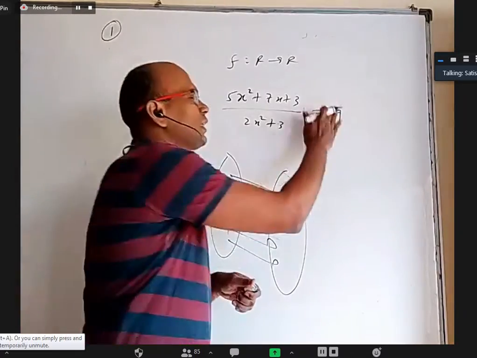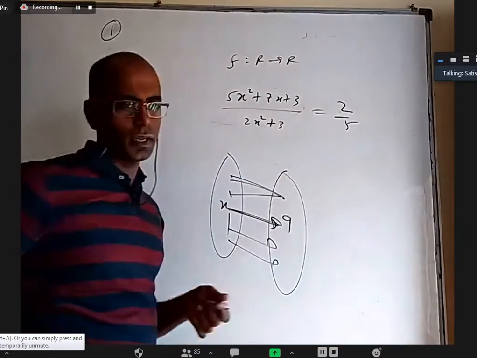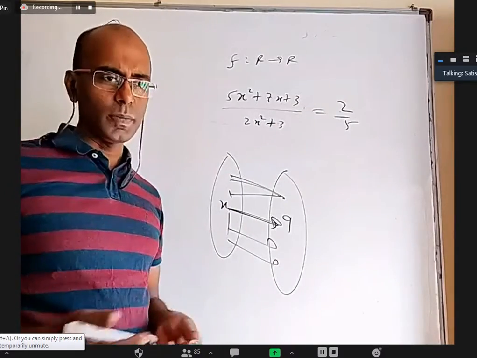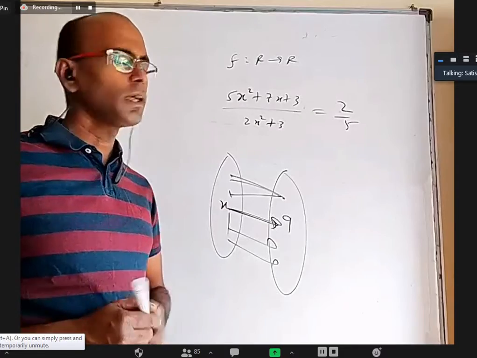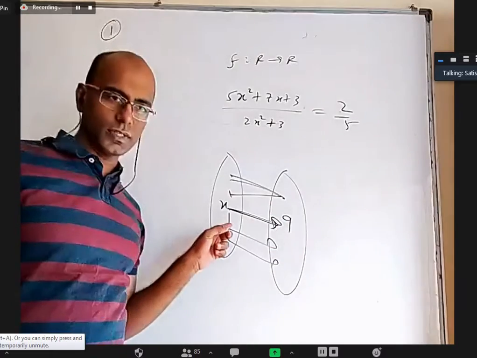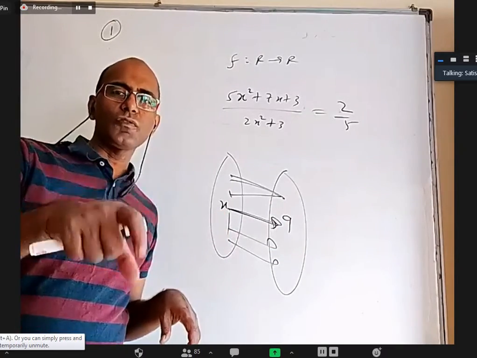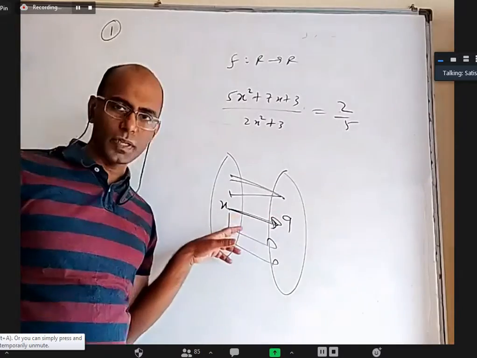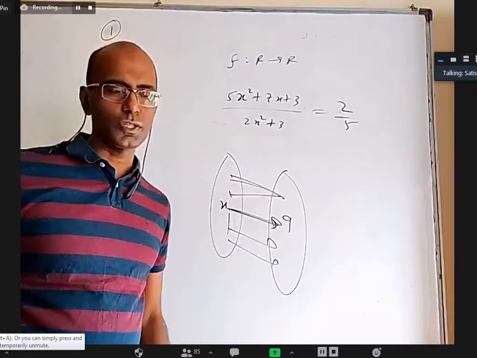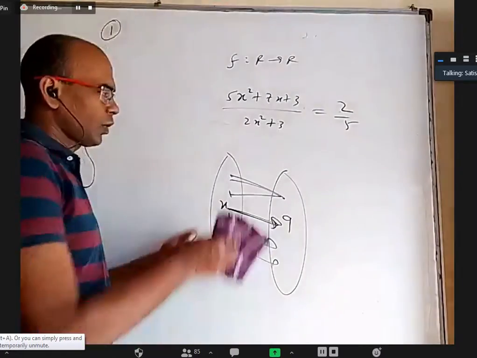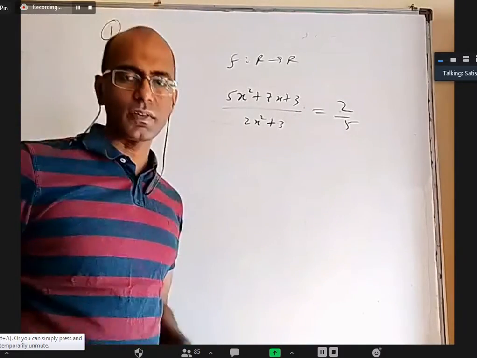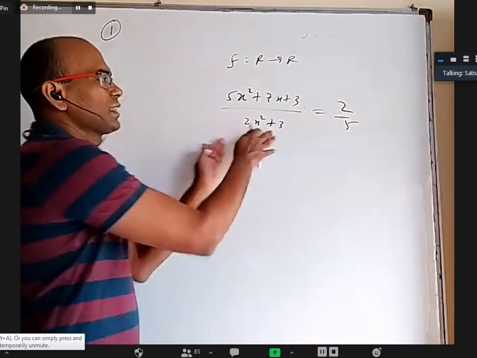Okay. You can put any number. Let's say whether 2 by 5 can be there in the range or not? Equate it to 2 by 5, do cross multiplication, get a quadratic equation, find b square minus 4ac. If it comes greater than or equal to 0, in fact, if it is greater than 0, we'll have two pre-images with the two x values. If b square minus 4ac equal to 0, we'll have only one pre-image. And if b square minus 4ac is less than 0, no pre-image, so this will not be there in the range. So now, what I am discussing is there in functions, but in second year for you, it comes in quadratic equations, the same question. What is that? Finding the range of this.